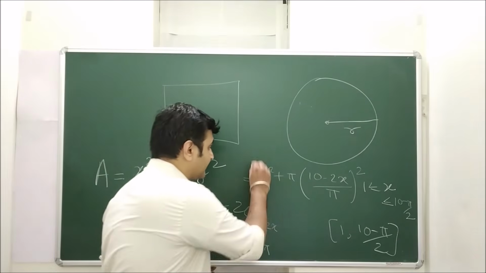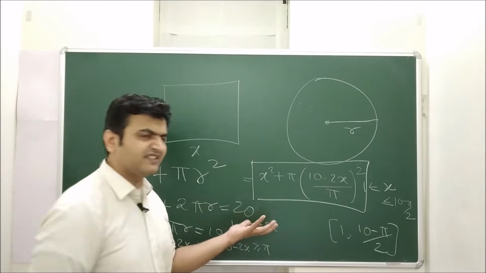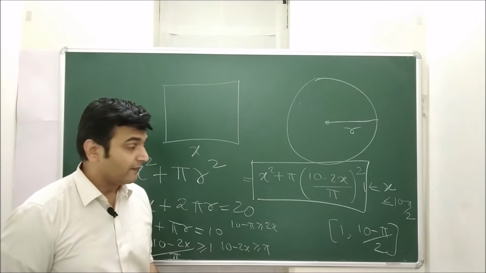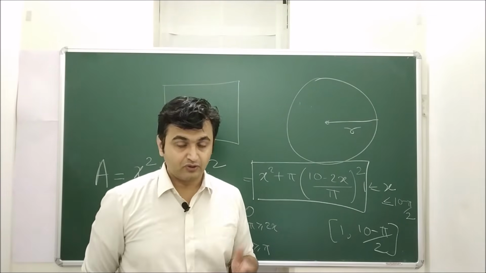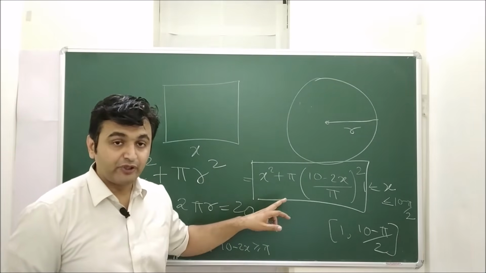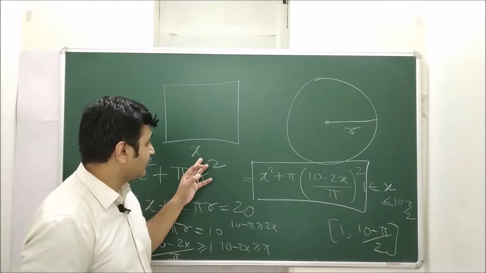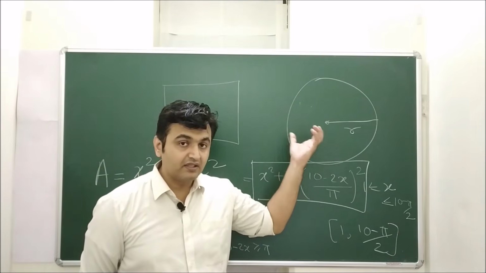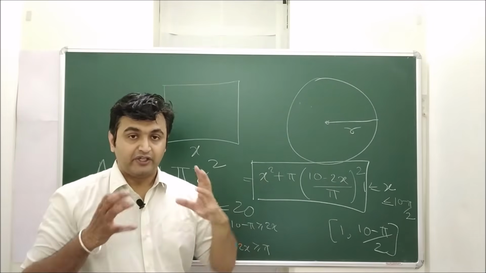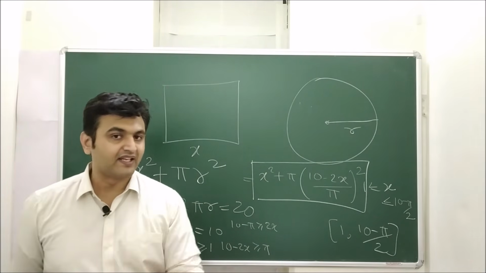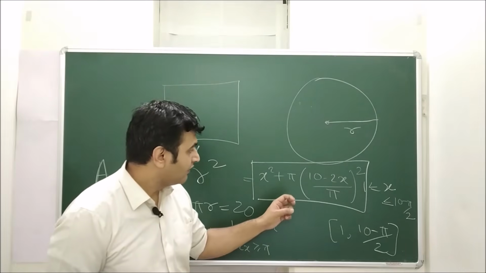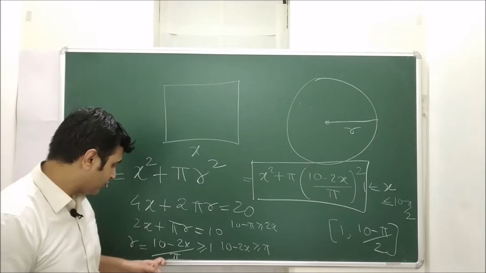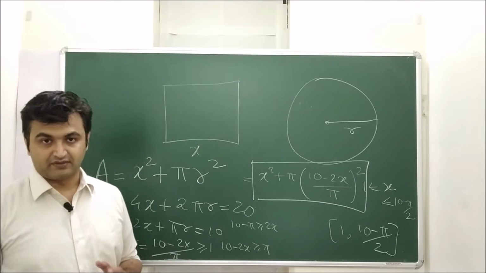Now you have the function as well. Now it's easy, right? You take the derivative, you equate it to 0, you will get a critical point. So the second homework is you pause the video, tell me what critical point you are getting, and tell me what is your x and r, what should be the dimension of the square window and the circle window, so that in your house you can have the maximal possible light. Okay, so you tell me what is the critical point and what is the value of x. Once you have the value of x, you put it over here to find the value of r.